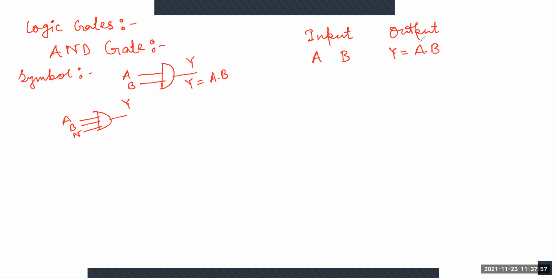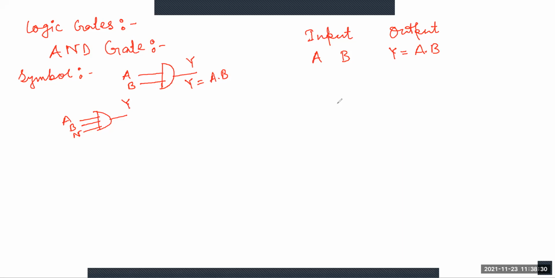We are watching the two input AND gate. So if it is a two input AND gate, our aim is to write the truth table of the AND gate. So can you tell me how many combinations we will write for this truth table? 4. 4, absolutely. So how are we getting this 4?